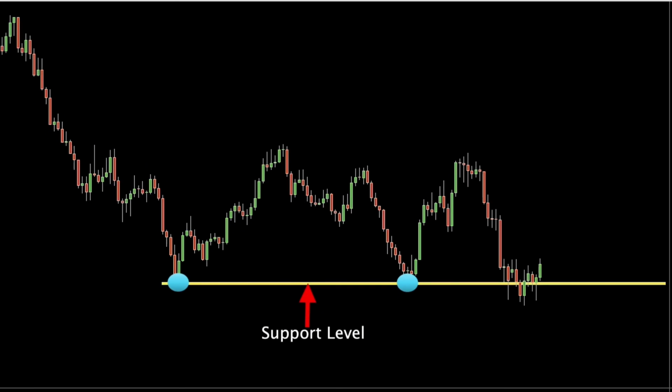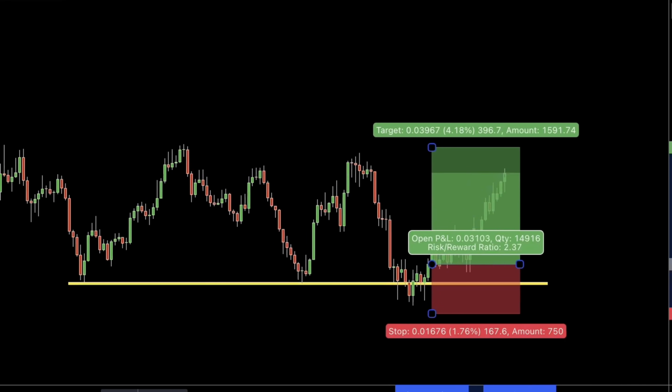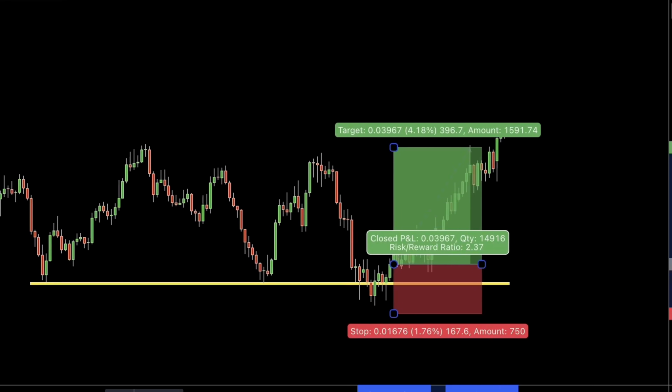When the price reverses and closes above the equal lows, it indicates that smart money is sweeping liquidity and preparing for a reversal. Once the price reverses, you can enter a long trade after the false breakdown, placing your stop loss just below the liquidity zone. Your target should be the next logical resistance level,